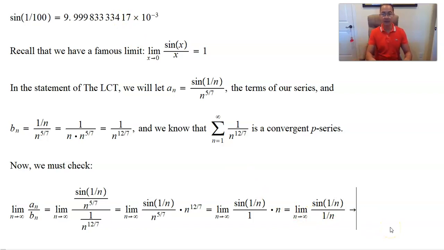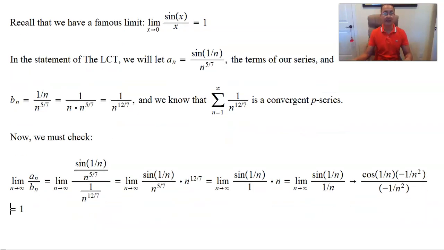It will go to cosine 1 over n times the derivative of 1 over n, which is minus 1 over n squared, divided by the derivative of 1 over n, which is minus 1 over n squared also. So these two are going to cancel. We are left with cosine 1 over n. As n goes to infinity, 1 over n goes to 0. Cosine of 0 is 1. We get the same limit as before. Okay, let's put it on the next line so that we can clearly see that that limit is equal to